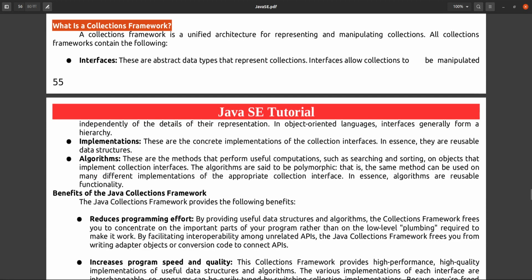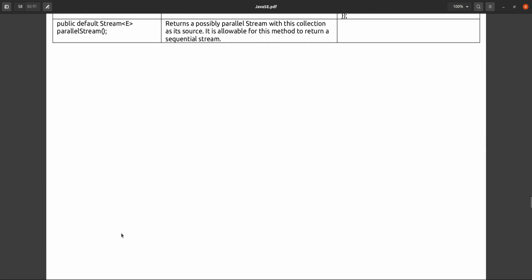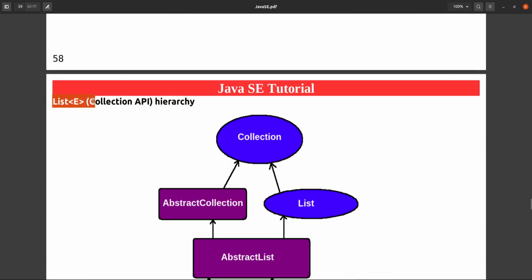A collection framework has some interfaces, some implementations, some algorithms. Algorithms means like searching, sorting, manipulating. Implementation means how many implementations are present for this collection, like list, set, tree, hash table, hash set, linked hash set, so many are there. So in the same way, first we will learn the list implementation, list collection API.